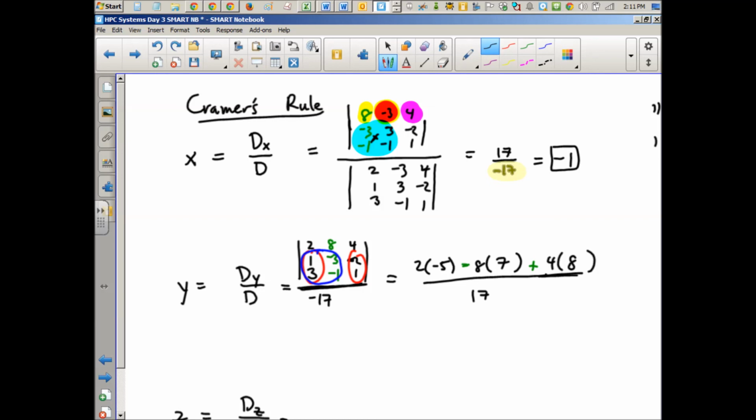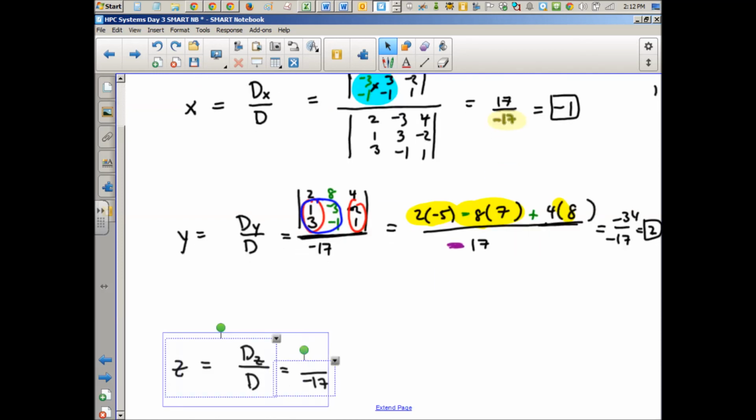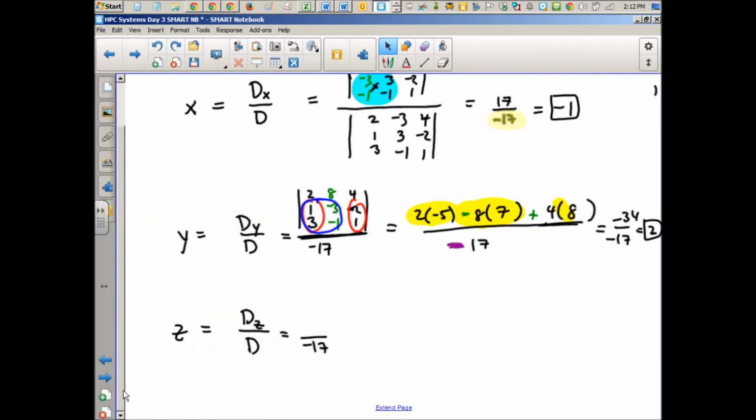But you have negative 10. Here you have negative 10. And here you have a negative, basically I have negative 10, you have a negative 56, that's negative 66, you're adding 32. This is negative 34 on top. You already worked hard to get the denominator, it was a negative 17. Sorry about the copy error there, it's a negative 17. So this just comes out to 2, as we saw before. Okay, so determinants don't have to take a lot of space, just only if you're not real good at them. Okay, and the next one,